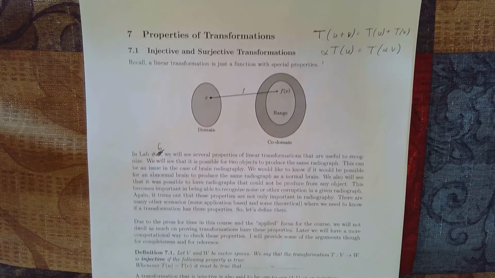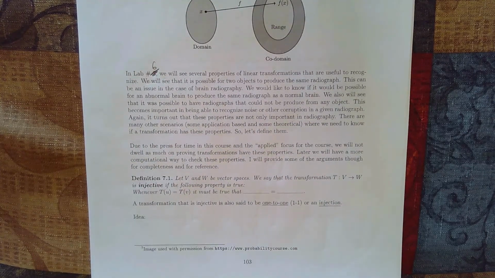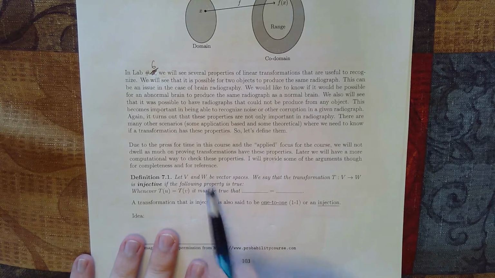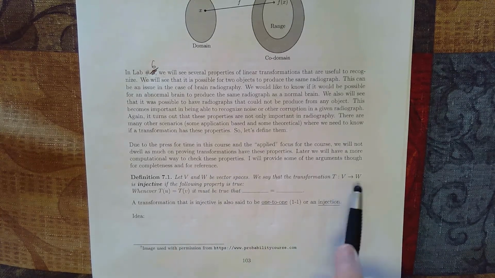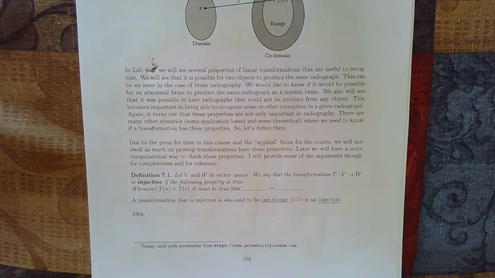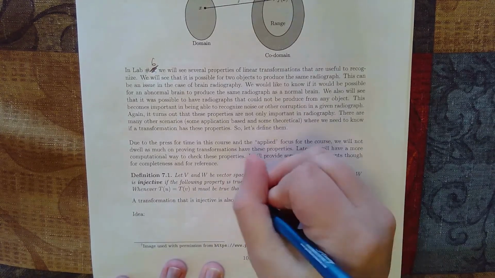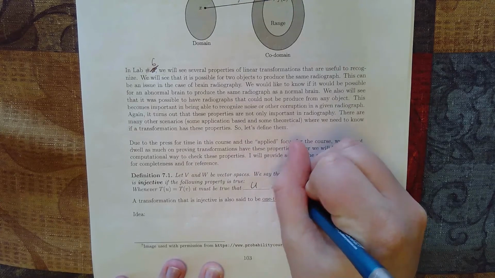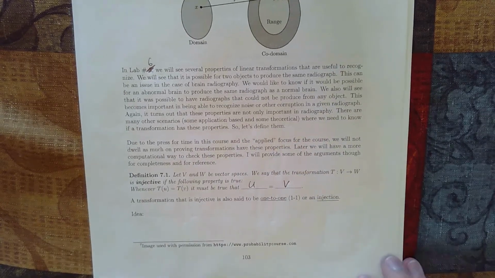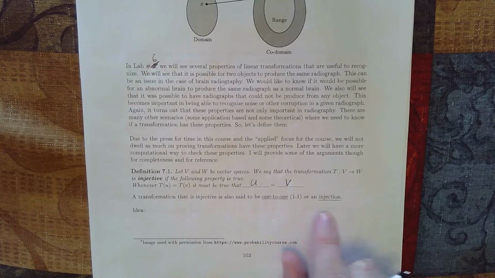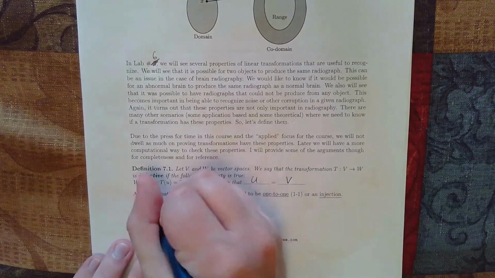So let's jump down to a definition and get right into it. Let's say that we've got vector spaces V and W. V is our domain, W is our codomain. We say that a transformation going from V to W is injective if the following property is true. Whenever T of U equals T of V, it must be true that U equals V. So a transformation is said to be injective, also said to be one-to-one or an injection. The idea is that any